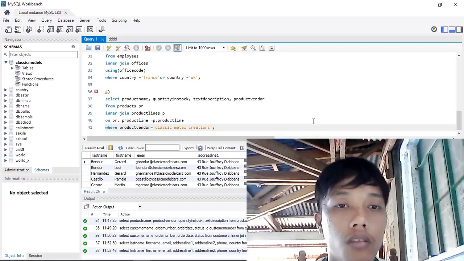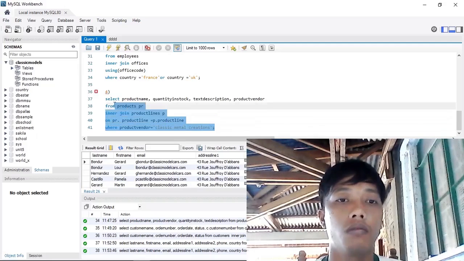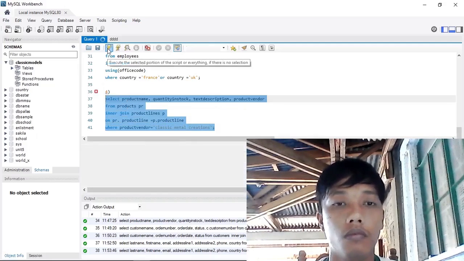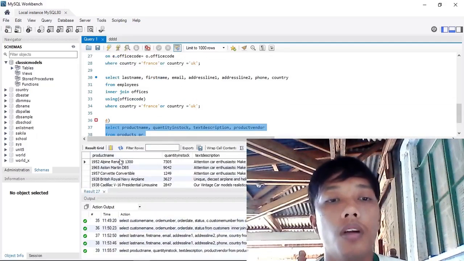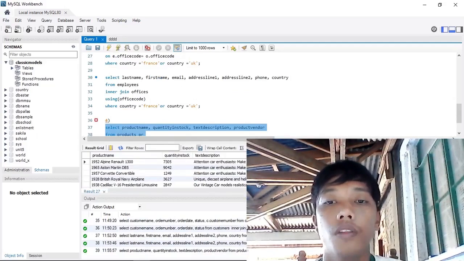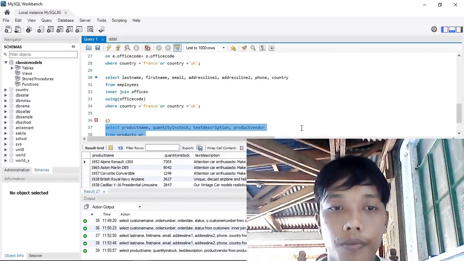I'm going to run this syntax. Yes, as we can see now, the product name, quantity in stock, text description, and product vendor from the Classic Metal Creations.